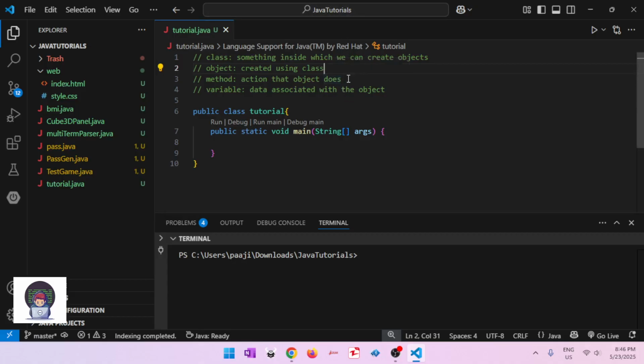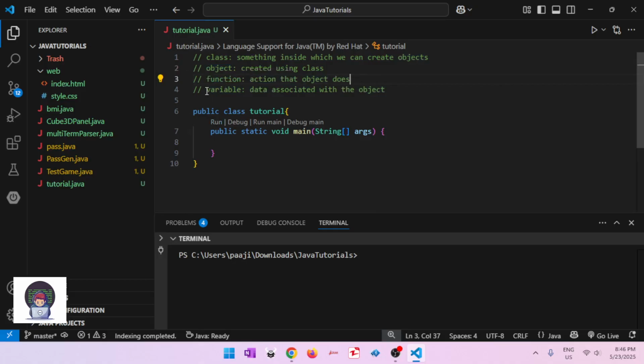Method just means function. So in the class car, in the object steering wheel, I have a function assigned to the object, which is like, let's say, drive.